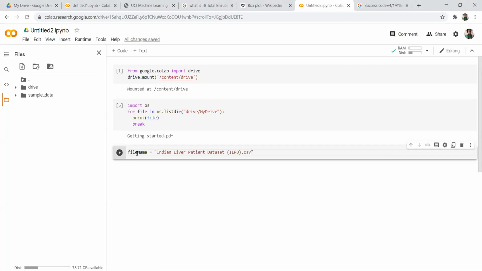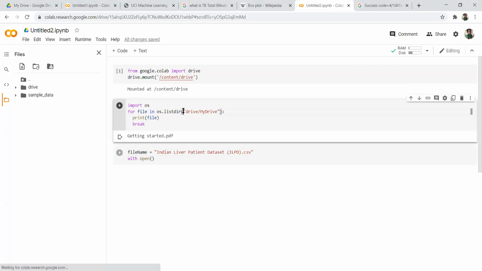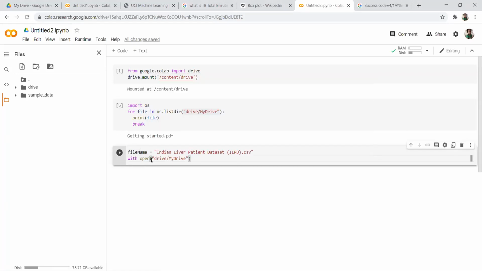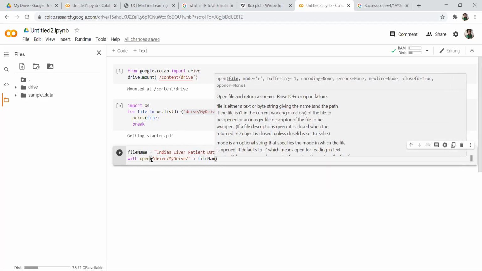This is my file name, and now I can open that file using Python. I can open it like this, with open, first the path. This is my path of the Google Drive. So I'll copy that path first. Here I will add slash plus my file name.